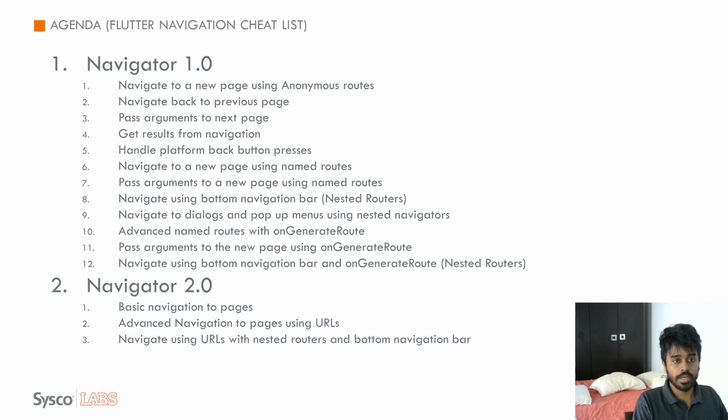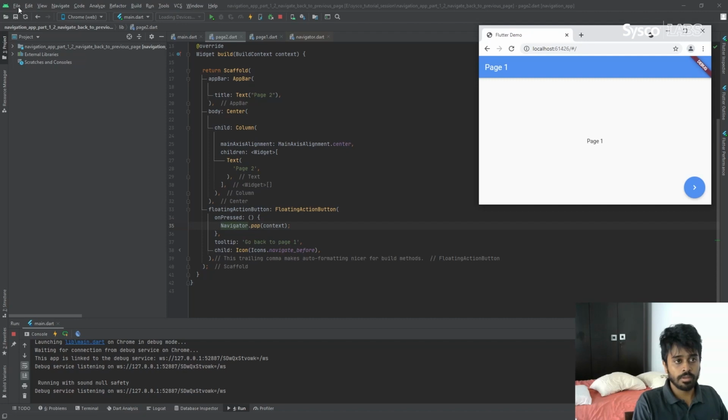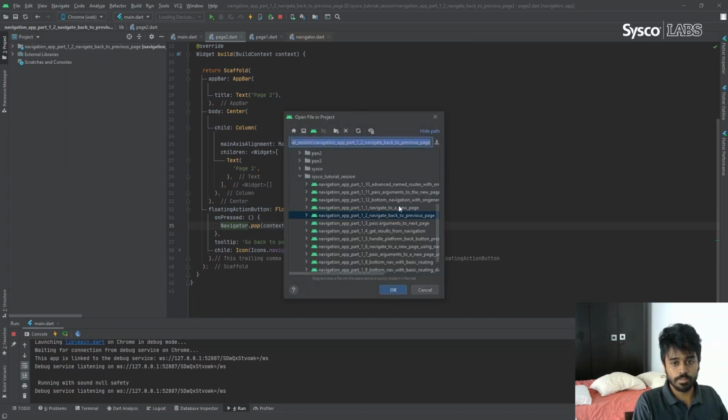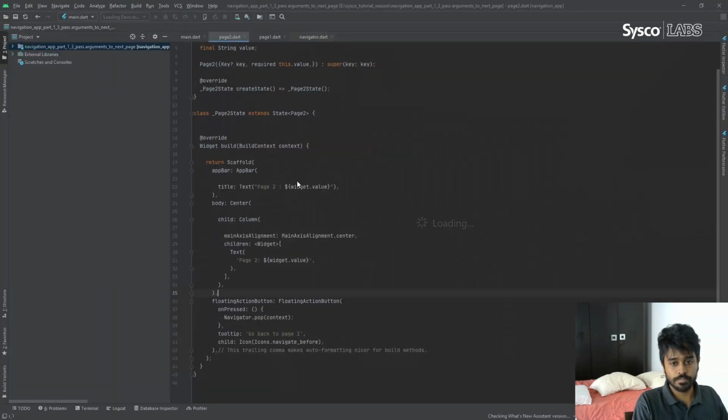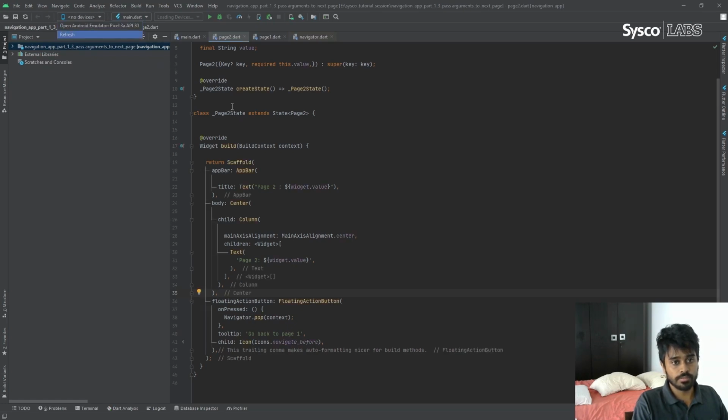Let's see how we can pass arguments to the next page. Let me open that project. Here also we'll start the application first since it takes time.